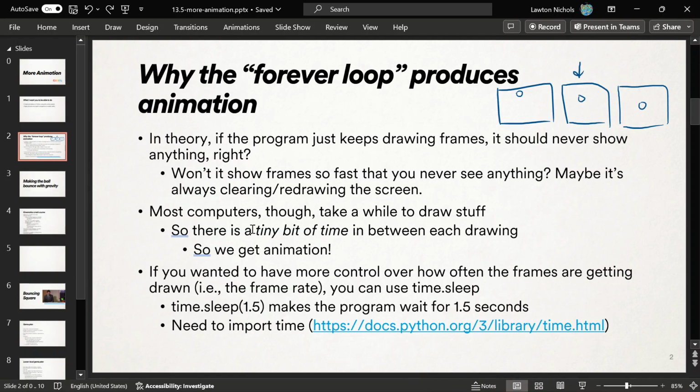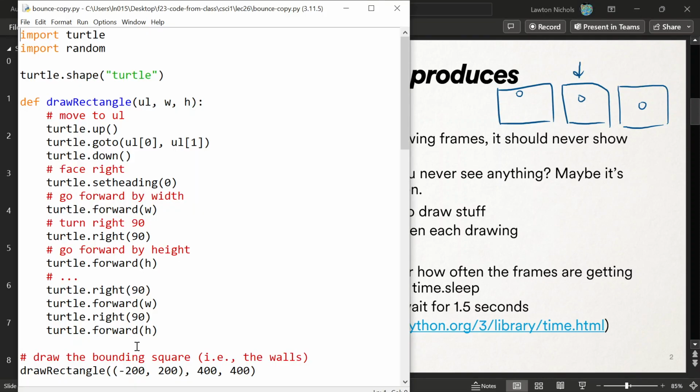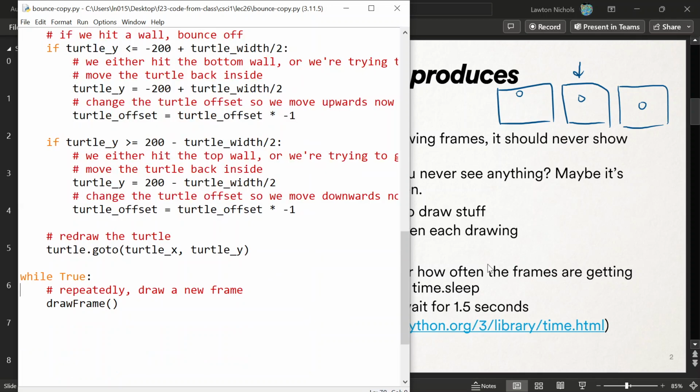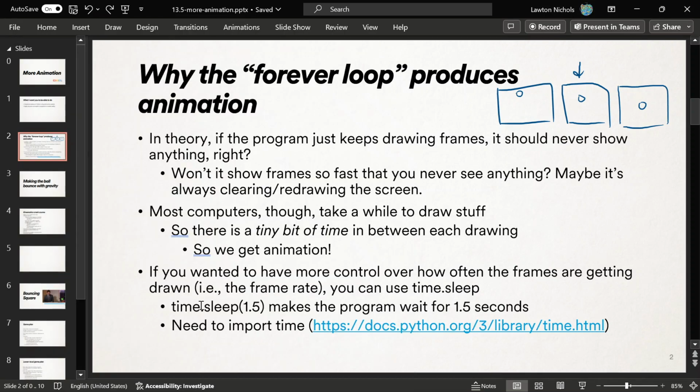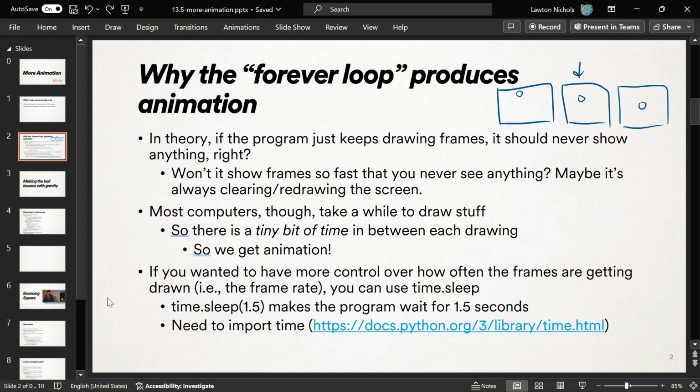There we go. So yeah, if you did want more control over how fast the frames were being displayed, you could slow this down. You can have this draw frame function wait for a little while. You have it stop the program for a little bit. There's a time library in Python. You could say time.sleep. That asks the program to wait. Just go to sleep for 1.5 seconds, or as long as you want to keep the current frame alive. So that's one way to do it if you want more fine-grained control